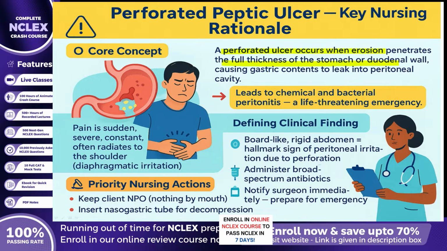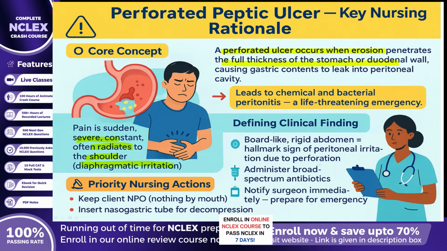This spillage triggers chemical peritonitis first, followed by bacterial infection that can progress rapidly to septic shock if not managed promptly. The most defining clinical feature is a board-like, rigid abdomen, a result of involuntary muscular guarding provoked by severe peritoneal irritation. The pain is abrupt, excruciating, and persistent, often radiating to the shoulder due to diaphragmatic irritation from gastric acid and bile. Additional findings include absent bowel sounds, tachycardia, hypotension, and shallow respirations caused by intense pain and evolving